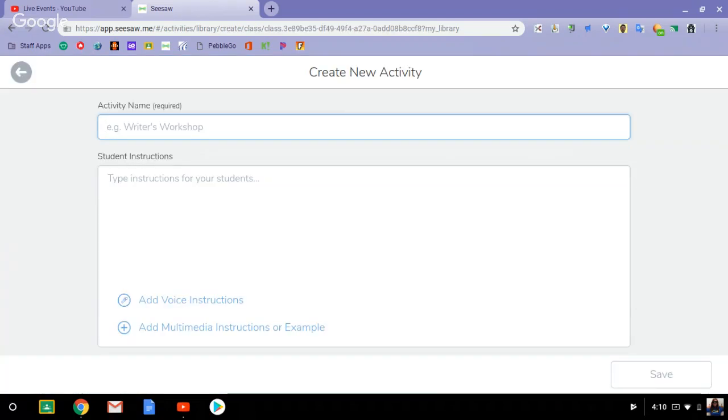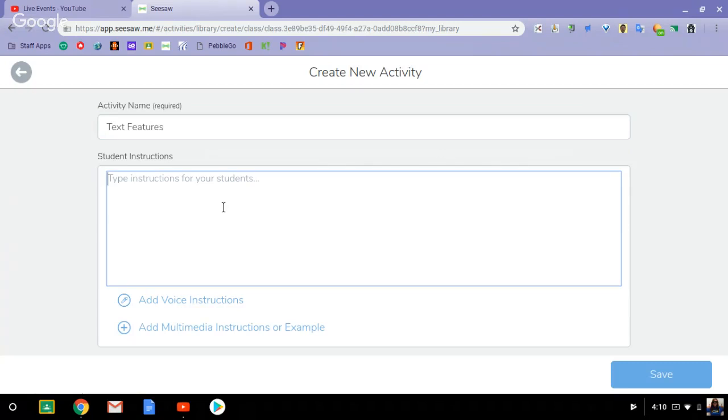And I will give this activity a name. So I'm going to stick with the text features theme. And then I can give them instructions such as in the activity we found before. So step 1, take a picture of an article. Step 2, label the text features. And I could keep going on giving them that. Now, I have some students that